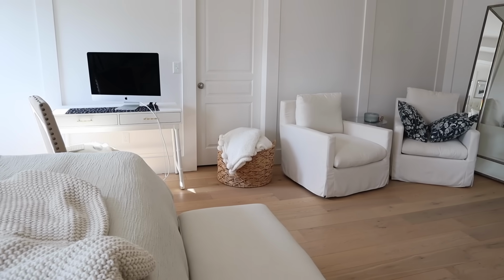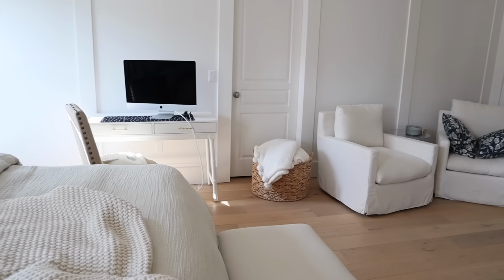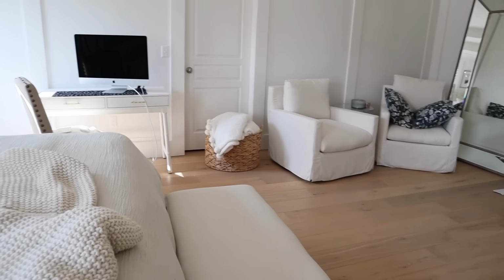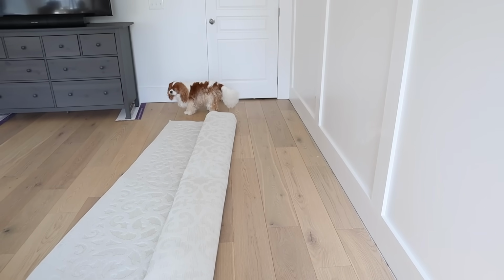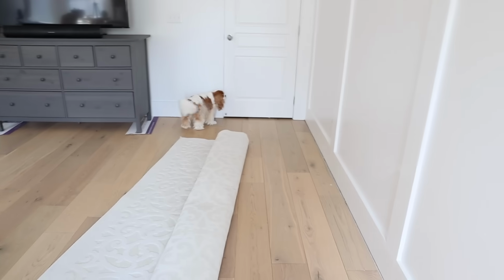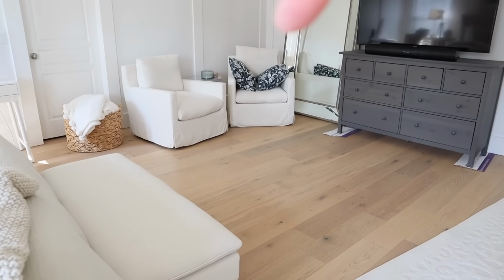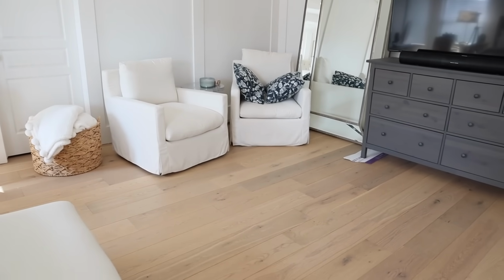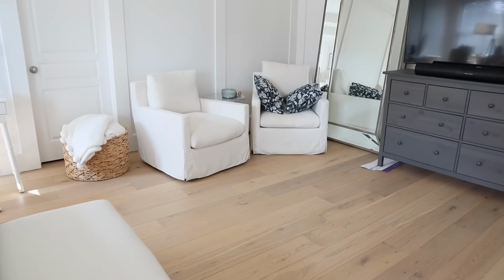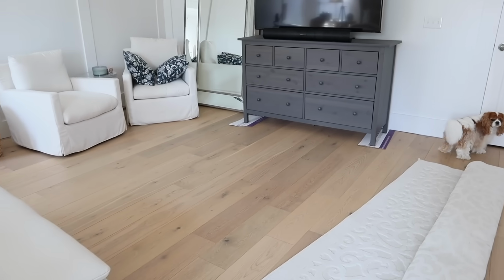Making progress here. Now, I am not going to leave the desk there because it's just too crowded over there. So, what to do? I think I will put it over on this wall instead and then move the mirror on this wall too. But I kind of like the couches over there. So I think once I move the mirror, I'll scooch the couches, not couches, but the chairs a little further down and just have that as like,